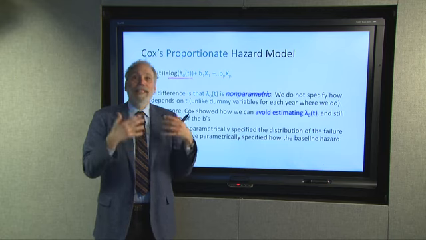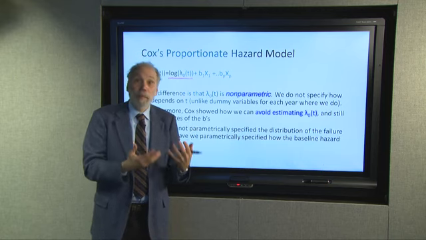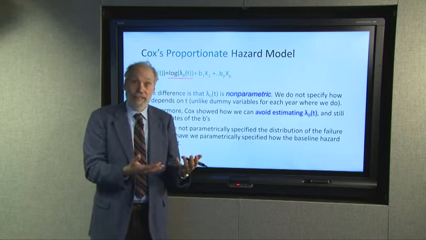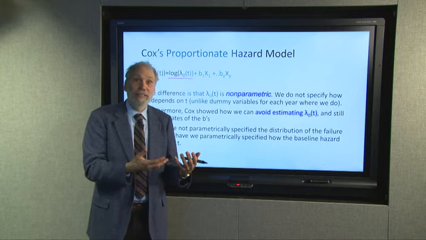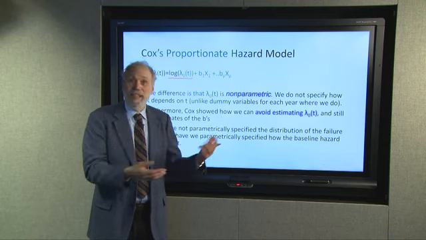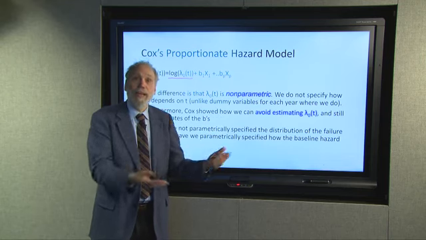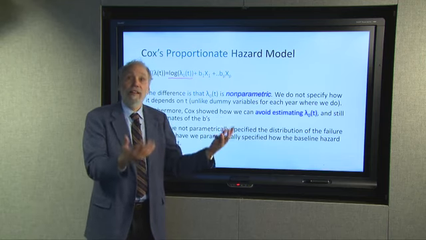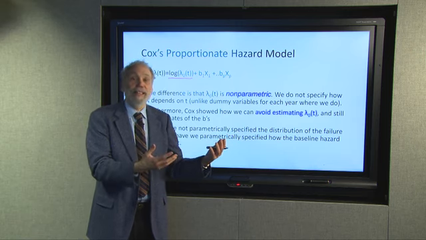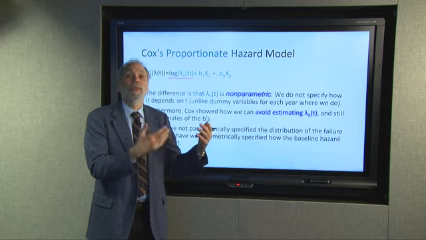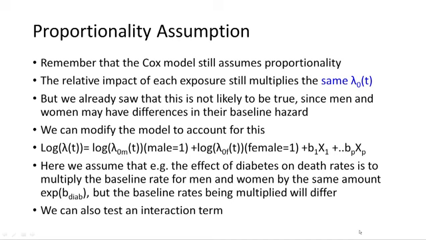But the point is, I do not have to specify some function that describes how the baseline hazard varies. I just say it's some non-parametric function, and I don't care what it looks like, because I can estimate my coefficients without knowing it. Now,